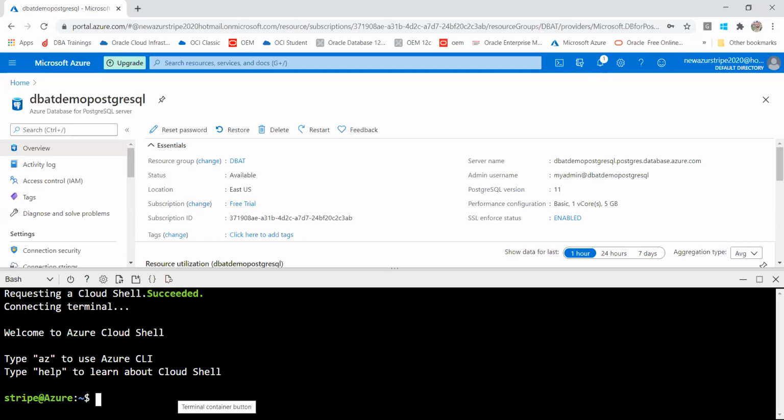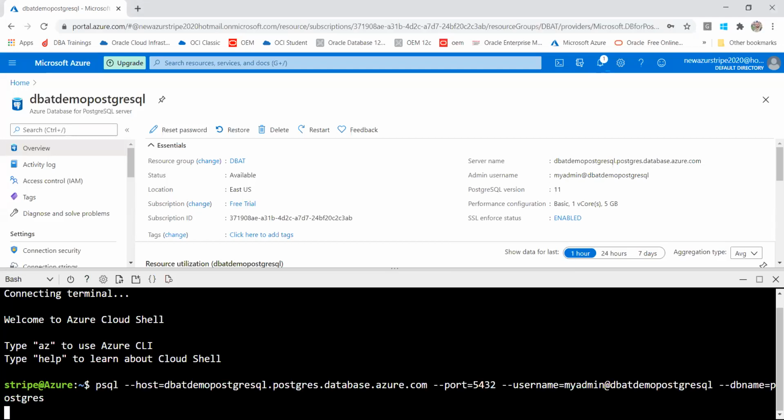I am able to run my psql. Of course, for that, what I have copied earlier, I'm going to use my notepad, the psql user ID and the password, and then I will try to connect. So psql hyphen host, that means my host name, which I have taken from here, you can see, and then the port, by default 5432, and then your username.